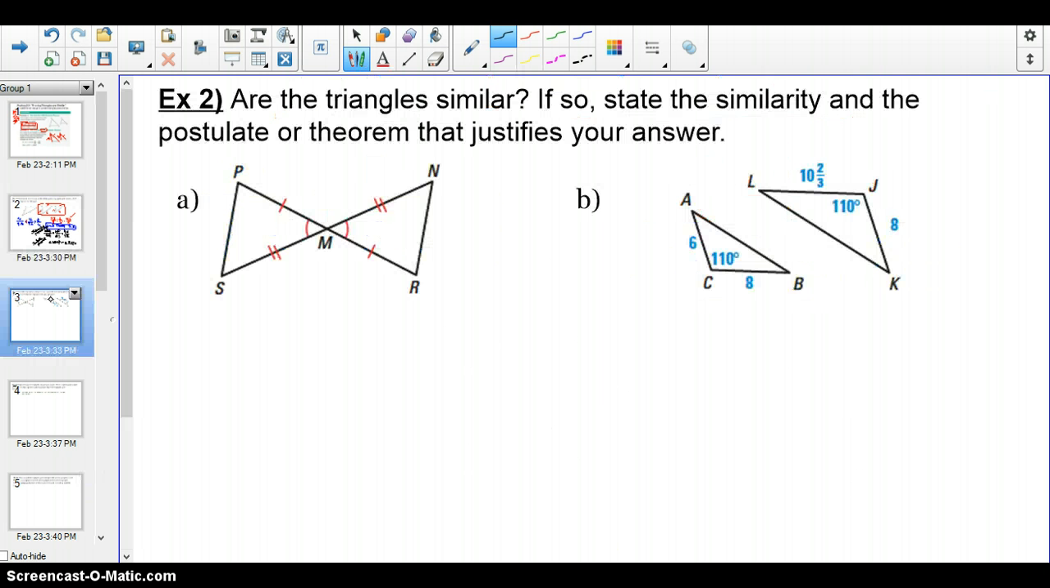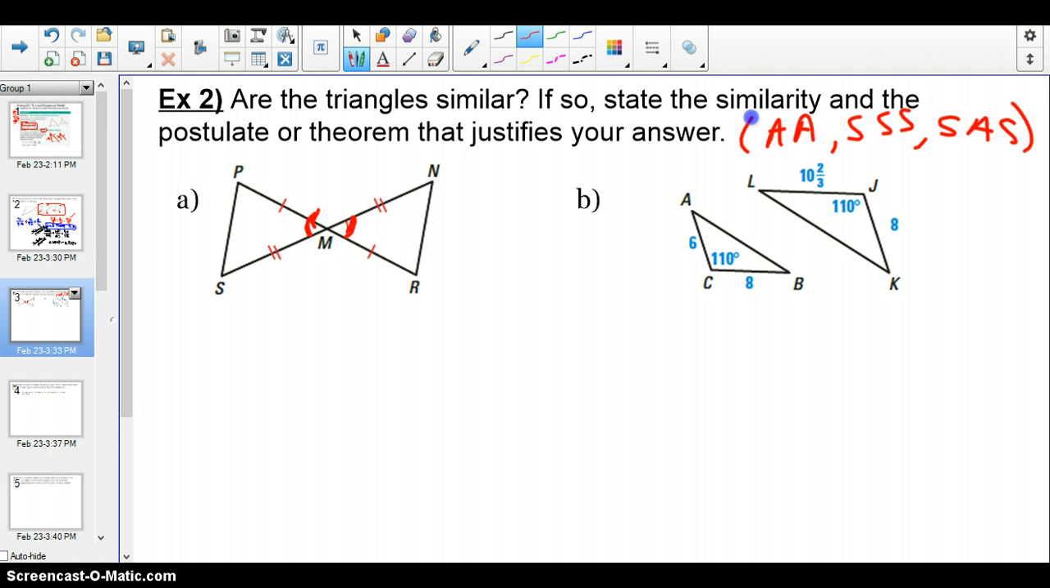Okay, let's look at the next one. I want to know, are the triangles similar? If so, state the similarity and the postulate or the theorem that justifies your answer. So we are going to use what they're referring to as the angle-angle, side-side-side, or side-angle-side. The first one here in part A, you know you have